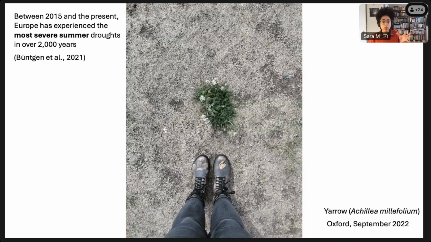Grasslands in particular are sensitive to drought compared to forested ecosystems. Generally it's thought because of the lower water use efficiency. And it's becoming increasingly a problem in Europe and in the UK, thinking about droughts. I'm not sure if you remember, was it 2 years ago now, that we had a very severe drought, and I took this picture of a yarrow, and it has very deep roots, and that was the only thing surviving in this green space.